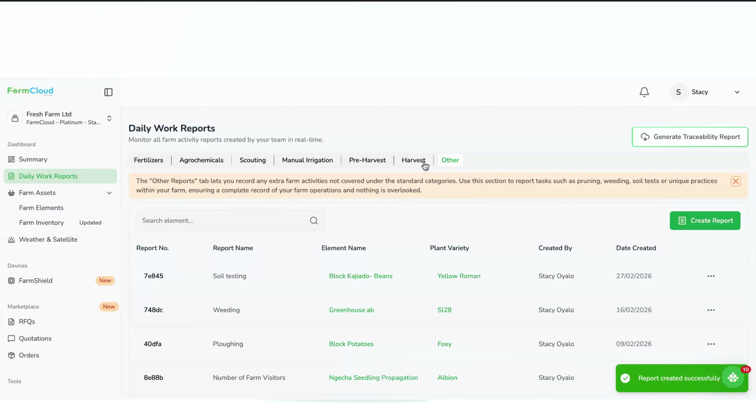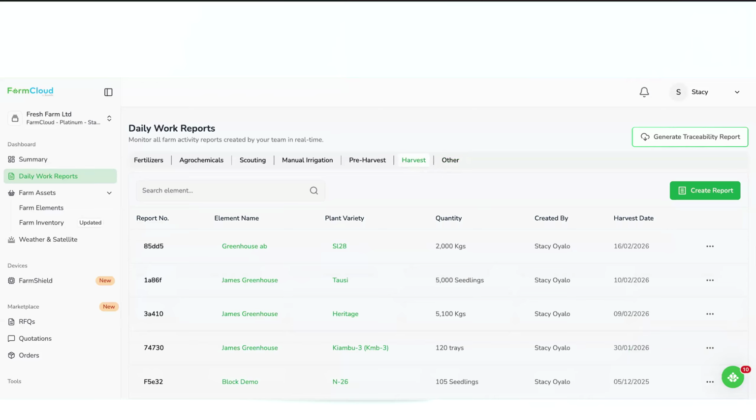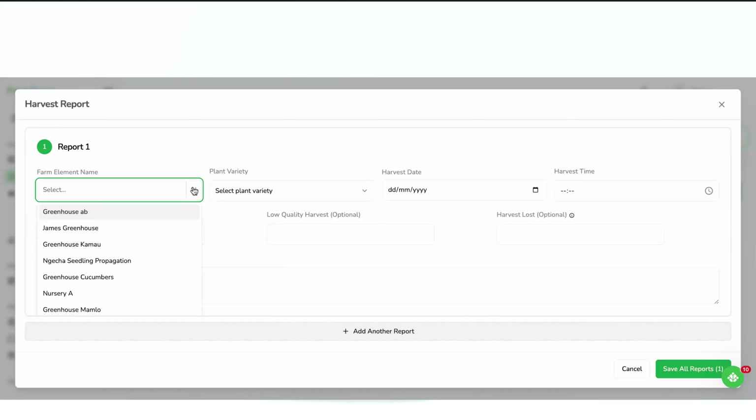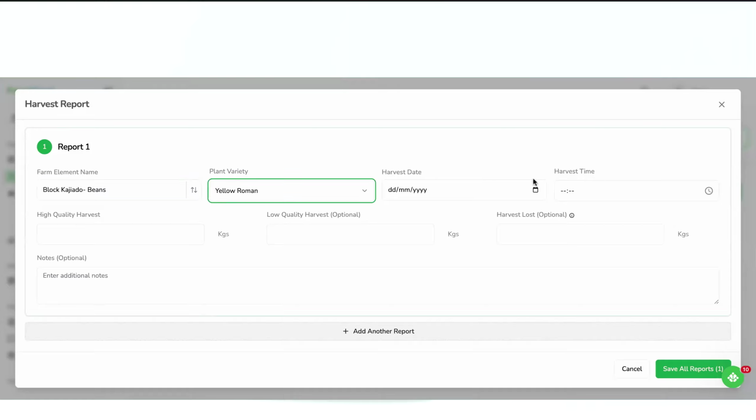Yes. So probably let's cover the harvest report, and then I'll give room for any questions, and then we can cover the next topic. So under harvest report, just as the name suggests, now we are at the last step of our season. We want to harvest. So again, we need to attach that report to where exactly I am harvesting. We were planting this and we're now ready for harvest. The date,